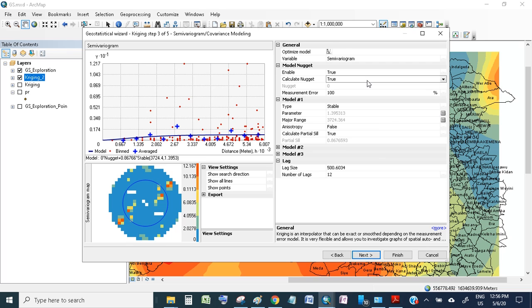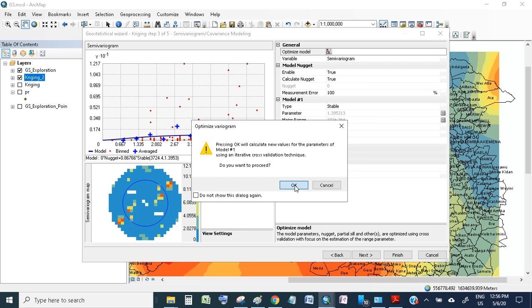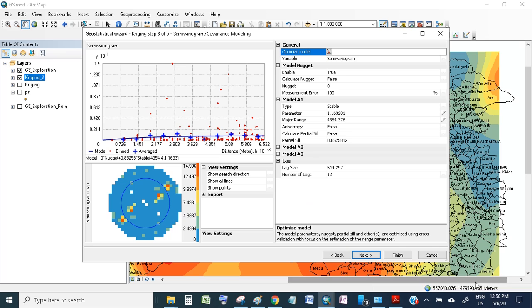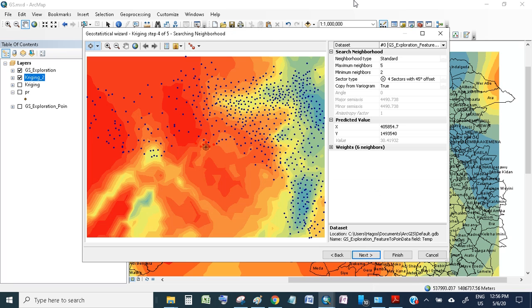This is your model. Here also you can optimize your model, and thereafter when you go to next, here you can give your neighborhood criteria. You can change the maximum, minimum, or search type. You can change the major semi-axis, the minor semi-axis. So if you make it false, then you can change it. Okay, if this is true, you cannot change. So make it next here,